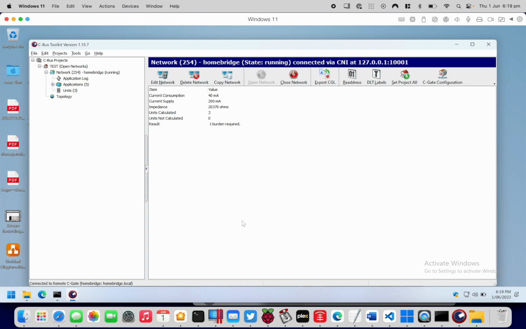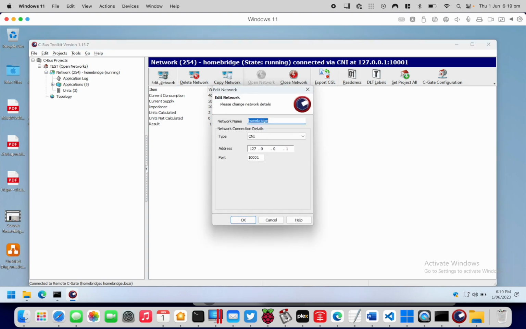If for some reason perhaps you're using an actual CNI and not a USB interface on the Raspberry Pi, and for some reason you needed to change the IP address of the CNI in the XML, you can do that here. So we can do that here. Let's change it. Okay, just for show, we change that,